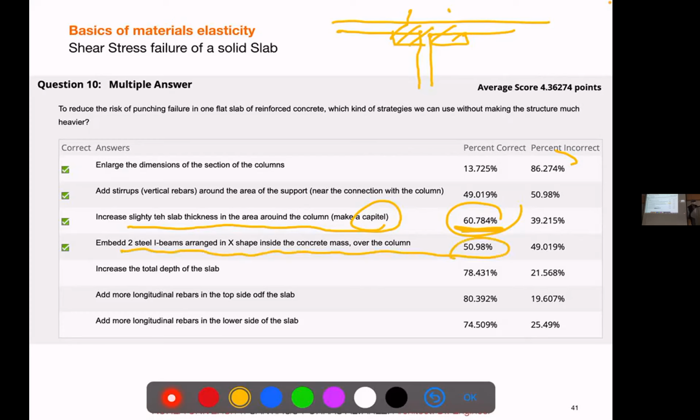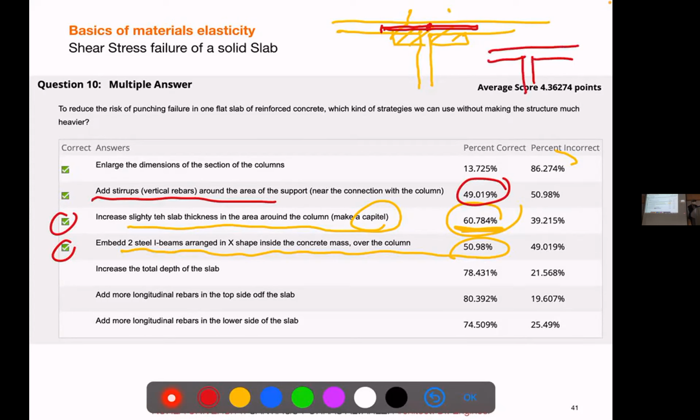So instead of that, we can add steel columns, right? Or steel frames, like the Empire State Foundation, right? So also steel is much stronger in shear. Rebars have very little area, but still may have enough area to compensate for that overstress. You have to calculate it. So this is a possible thing. The stirrups, yeah, half the class thought about that, and it's perfectly okay. So we can put stirrups in this area, right? So vertical bars will always help.